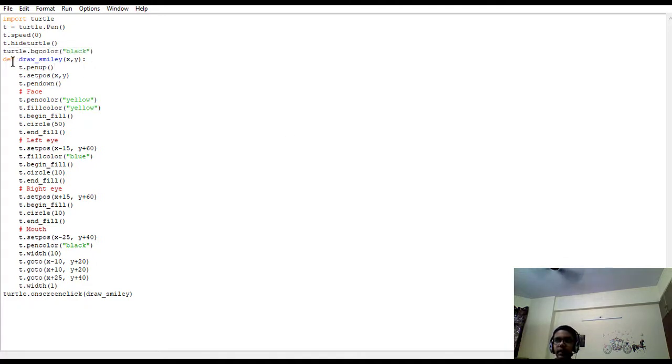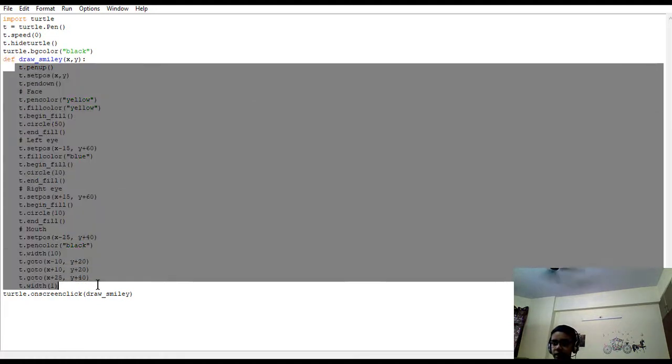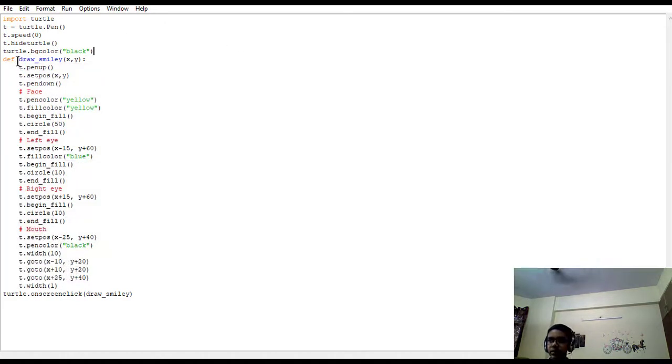Then I'm using the def function here. The def function is also known as define. So this whole code, as you can see here, will be made into a function named draw_smiley, which you can use in this program and other programs also. So you can use it anywhere you want. Then we will start, and there will be two parameters here, x and y.